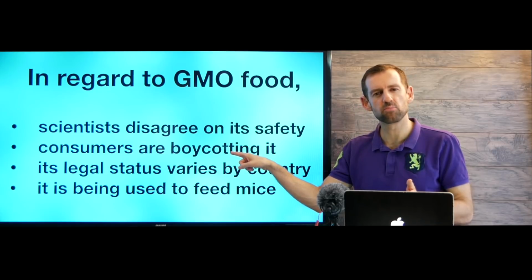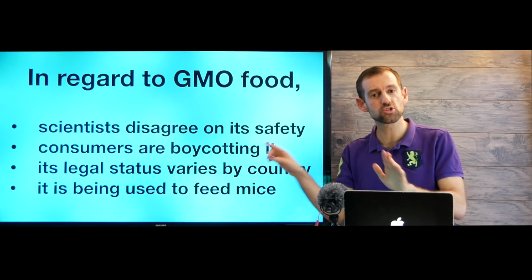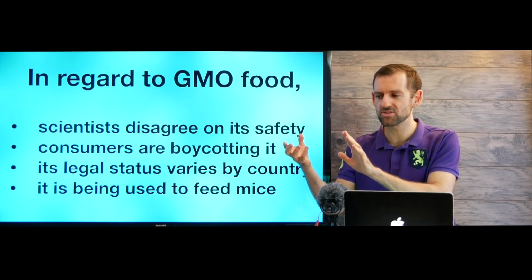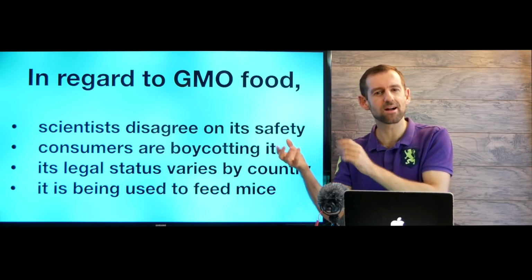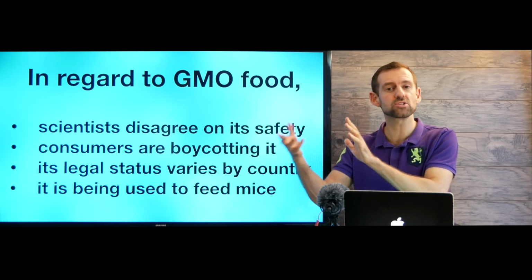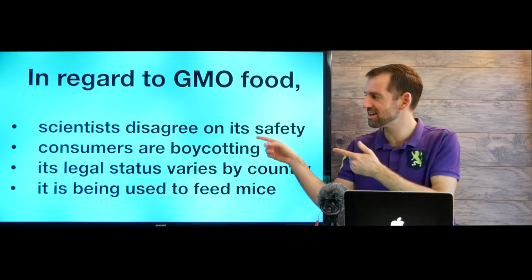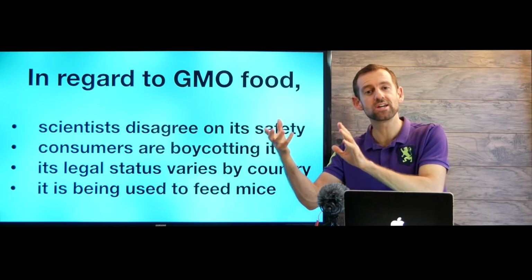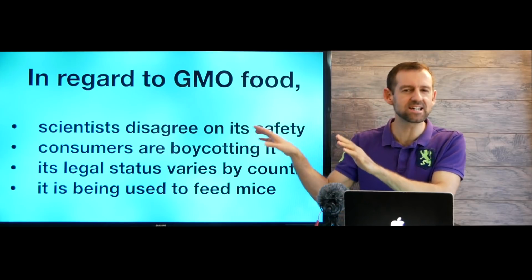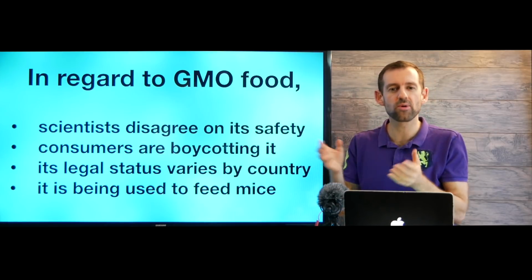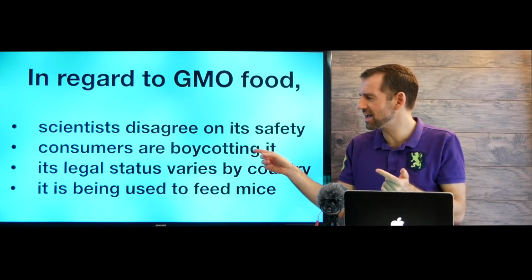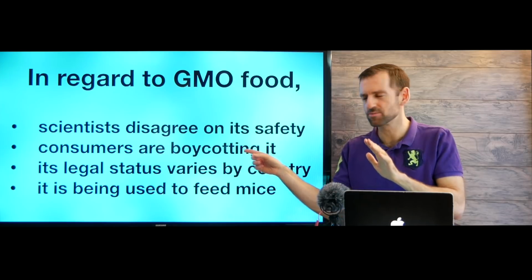Boycotting. To boycott something means to not buy a company's products because you don't like something the company is doing. Or you can boycott a whole industry. Let's say in this case, you're boycotting GMO foods. GMOs, it's not a company, but you're boycotting the whole idea of it. It means you don't like it, you're not going to buy GMO foods. Well, the article didn't say anything about consumers boycotting it.